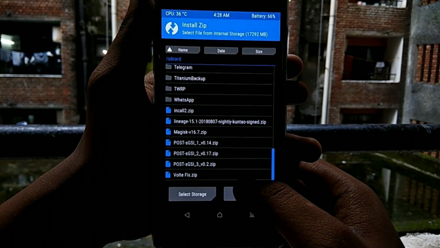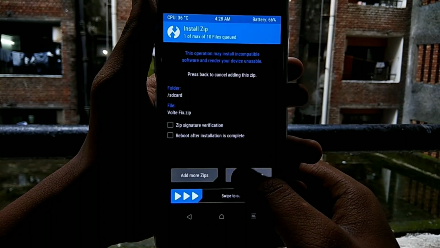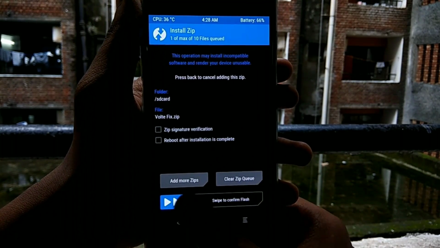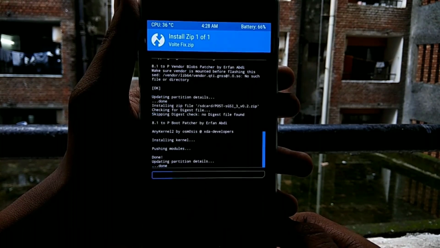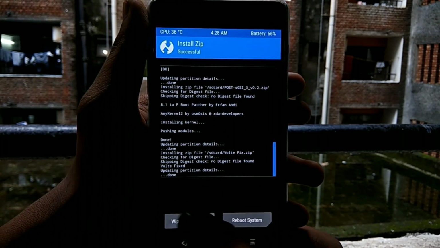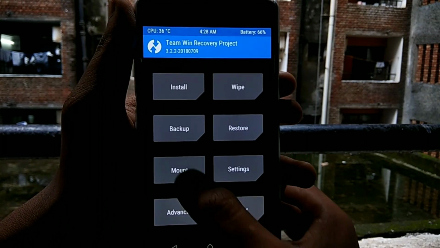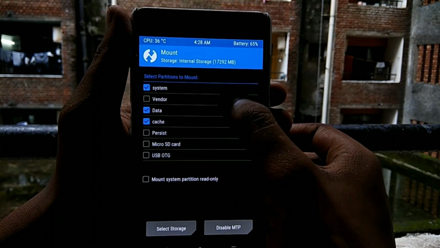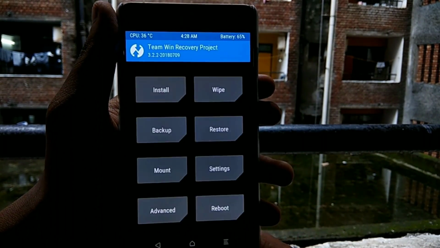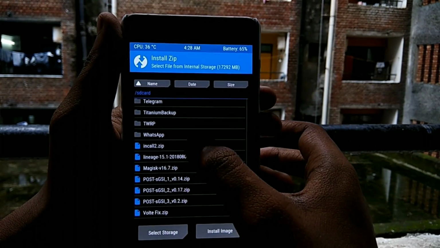Now select Voltafix zip file and swipe to confirm the flash. Now go back to the main menu, Mount, System and Vendor. And now again click on Install.